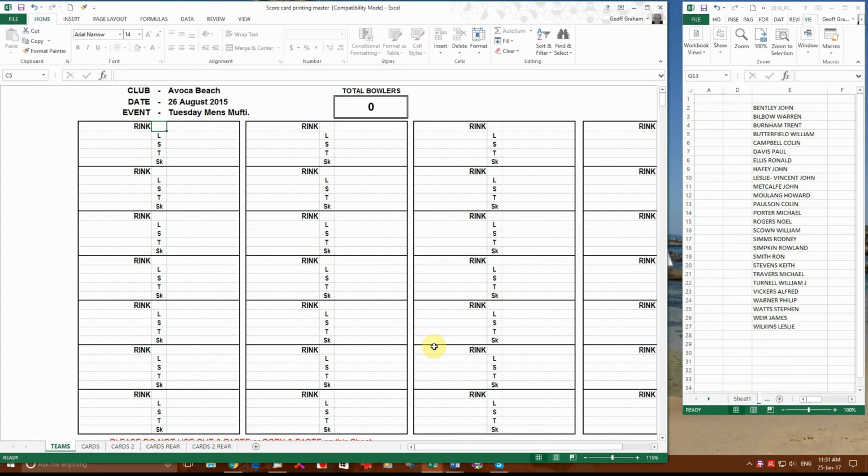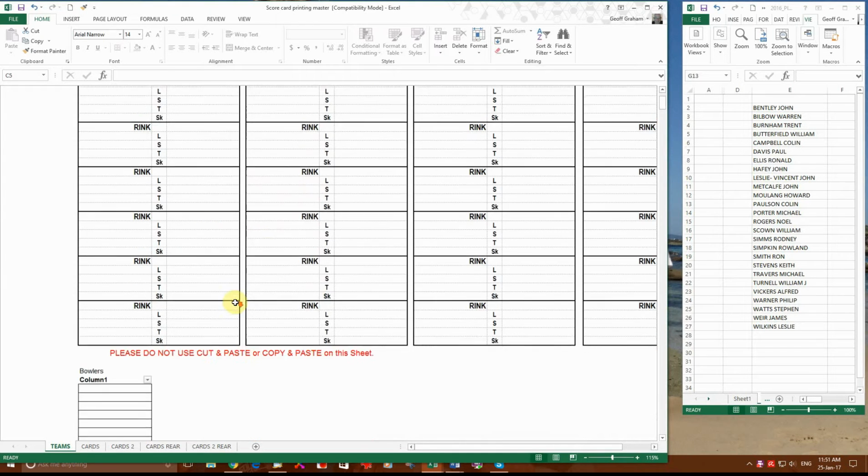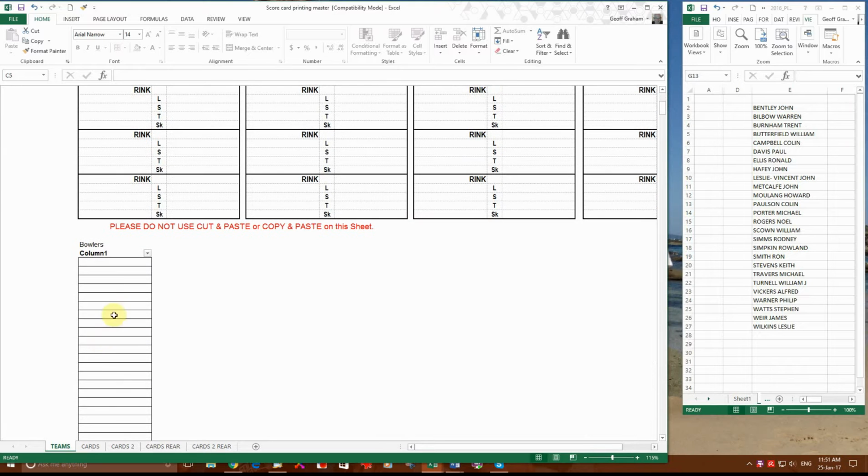In this video I will demonstrate how to use the scorecard printing file. Once you have downloaded the file to your computer and opened it, it should look like this. Obviously the first thing you need to do is to scroll down and enter the names of all your bowlers